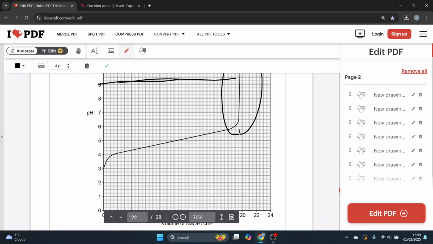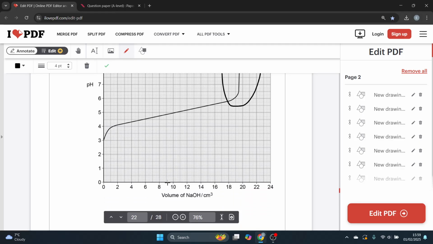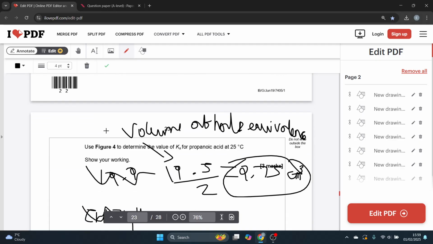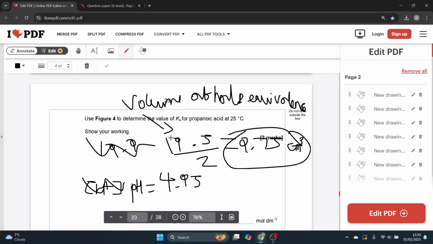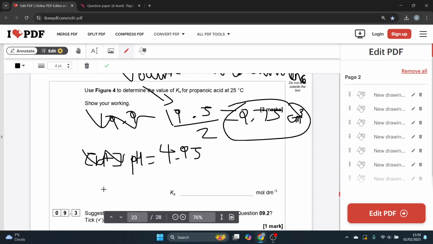So I should get 9.75 centimeters cubed, and then read off the pH, so around about 4.95. Therefore, to find out Ka, well, Ka in this case is just going to be